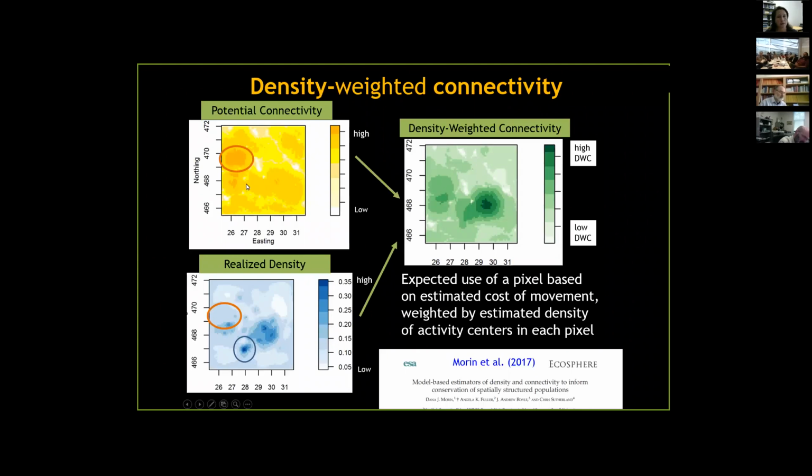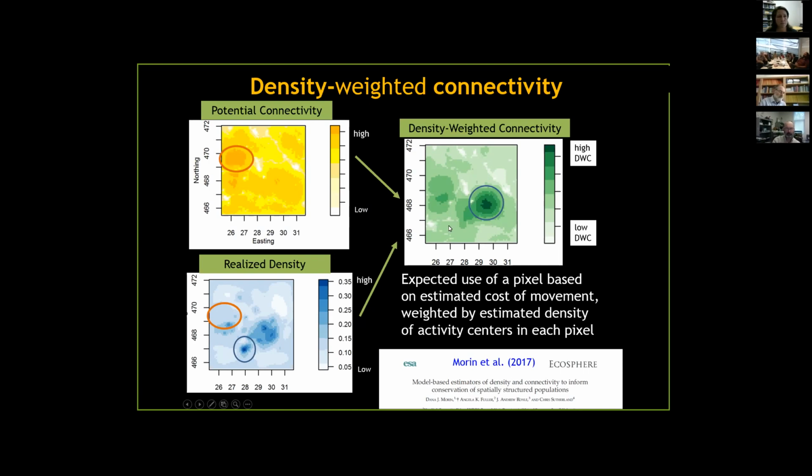So if you look here, if we're thinking about conservation in terms of just thinking about maintaining connectivity, we would select this area that has the highest potential connectivity. If we're only concerned about density and preserving areas that have the highest density, that area would be down here. So the area that had the highest connectivity was up here. The area that has the highest density was down here. But density-weighted connectivity allows us to think about the combination of both connectivity and density. We can do this simultaneously. So density-weighted connectivity is suggesting this area right here has the highest density as well as connectivity of the landscape. So again, you'd be making different decisions if we were to independently use connectivity and density versus using this estimator